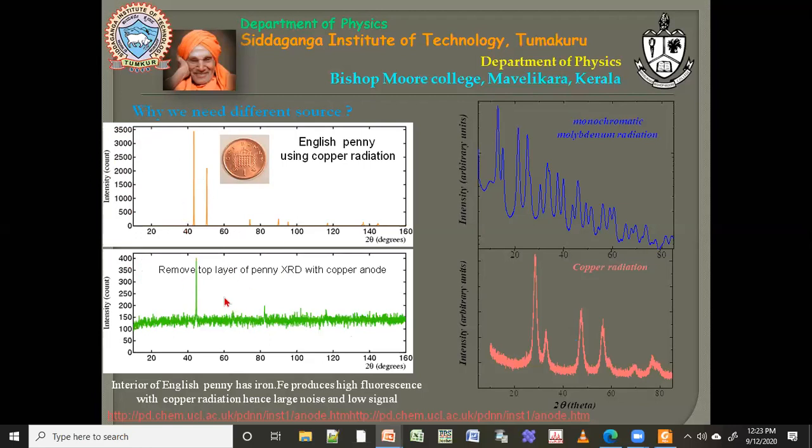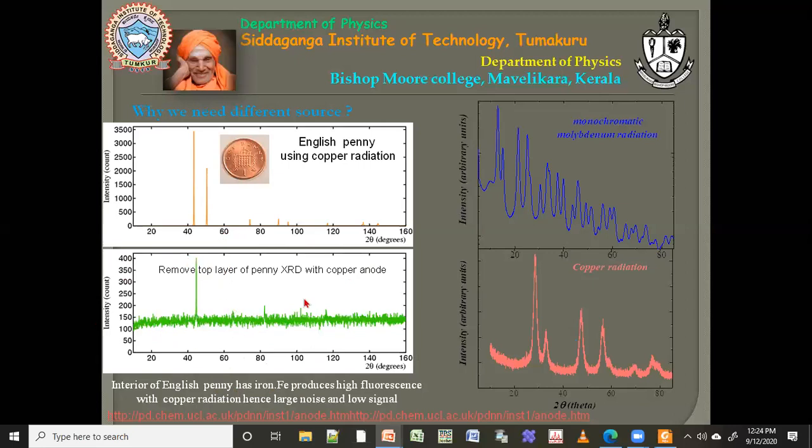Okay, why is this happening? It is happening because your iron is having high fluorescence. You can see the background has gone up. In the first case, background is almost close to zero, but here it has gone up. Gone up means because your iron is giving out some fluorescence. So this is the reason why you get this. And if you take the intensity, it is decreasing. So these are things you should know about what happens when you use different sources.